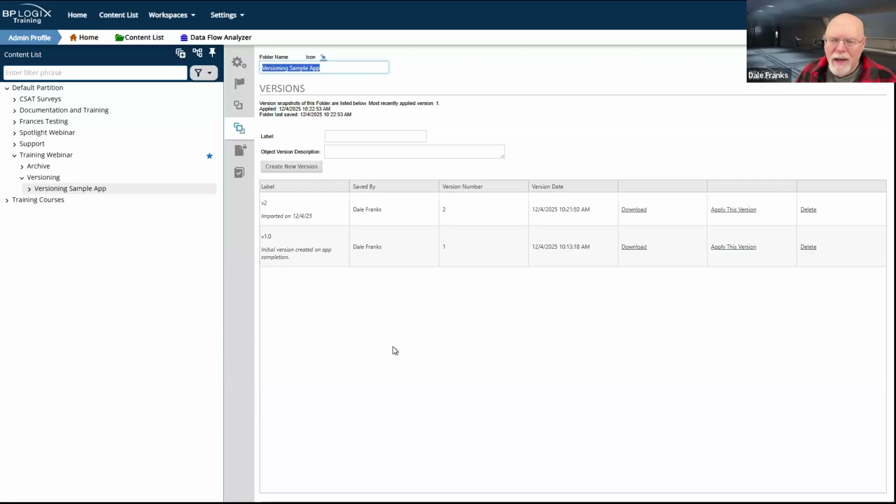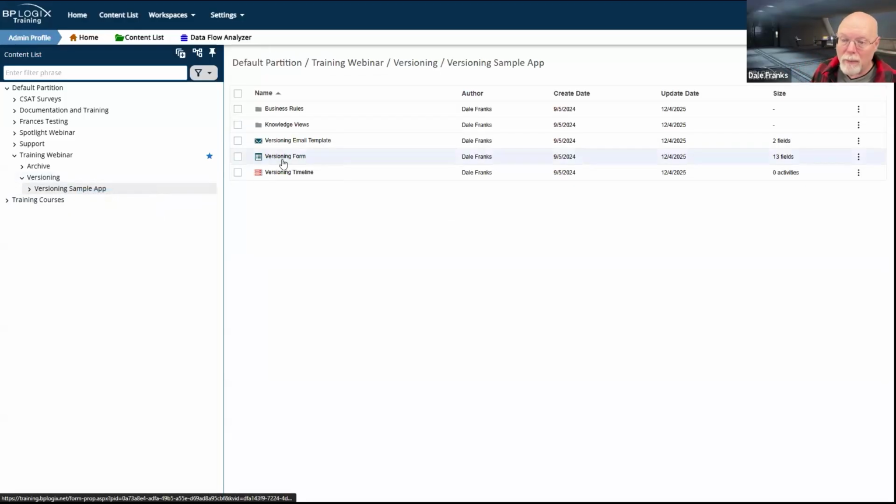Now, there are some things that help you outside of versioning. They're kind of quasi versioning, but I don't want you to get them confused with actual versioning. Versioning is canonical. If I do it here at the folder level, as I have done, then that is the canonical version of my project as it existed at that point in time. And I can always go back to that version and reiterate it if I need to. But there are some tools that help you at the object level. For example, if we open up a form,